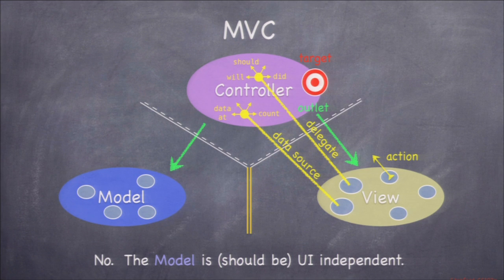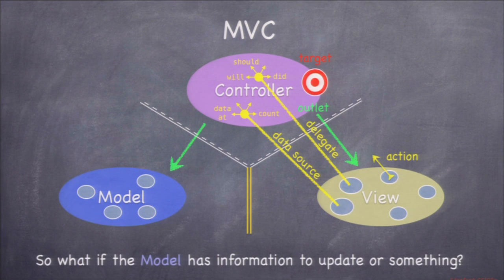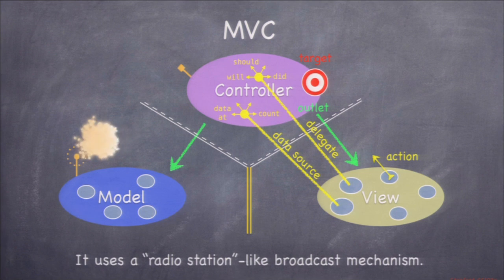Okay, data changes, a database changes, or the model is some network database, and somebody changes something on the network, and it changes, and the controller needs to find out. So how do we do that communication? We do that using kind of a radio station model. Okay? So the model, a radio station concept, the model will use this concept to essentially broadcast information to anyone